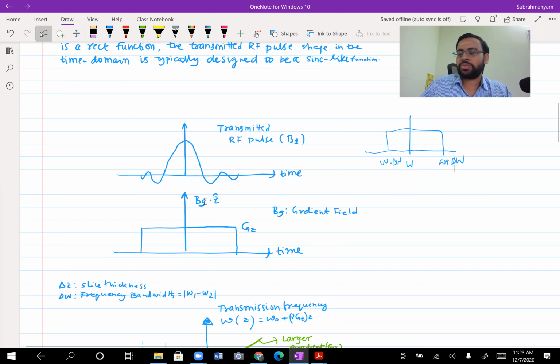And in this class, we would go into more detail on how you select a particular slice in a given entire volume. In other words, we don't want the response coming from the entire object or body under the scanner, but rather, at a given point of time, the response coming from just a particular slice, or in other words, just a particular region. Okay, that's what we would like to choose. So that's what we will do in this class.